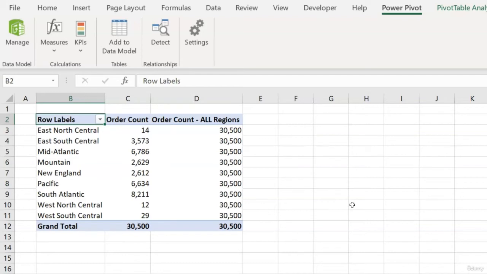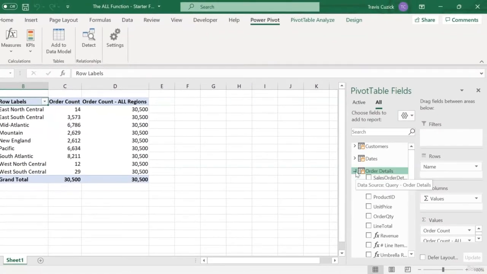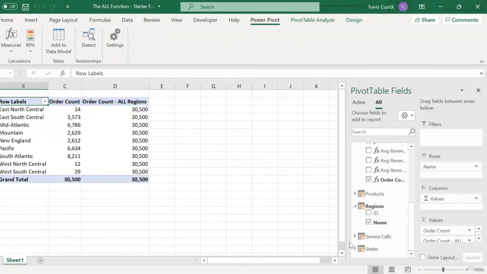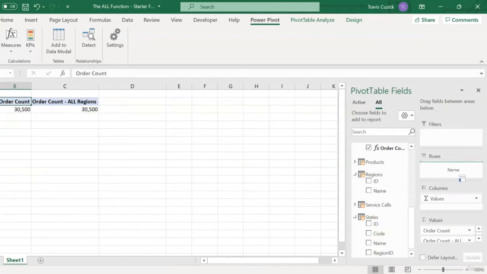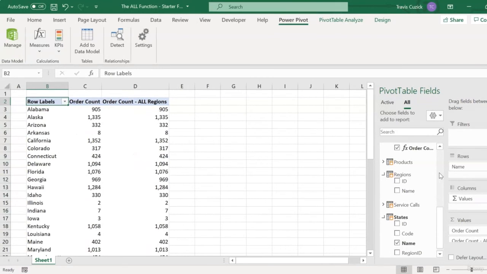fed it as an argument, let's swap in a different value in our rows area. Let's say states. So we'll go down to our states table and first get rid of region from our rows area, and then drag in states. And now you see that our order count all regions measure is returning the exact same thing as our standard order count measure, because what we told the all function was to remove any filters coming from the regions field only. So when we filter our pivot table by something else, the measure works just the same as the standard